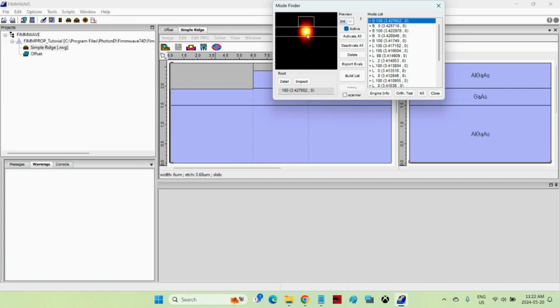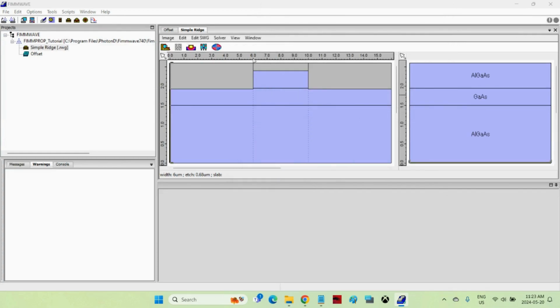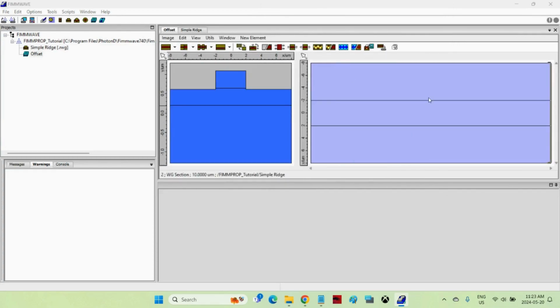So there's the fundamental mode. There are some of the mode properties. And we've put this waveguide in a FIMMPROP device. Right now it's a single section of 10 microns